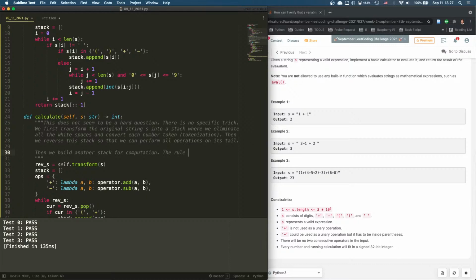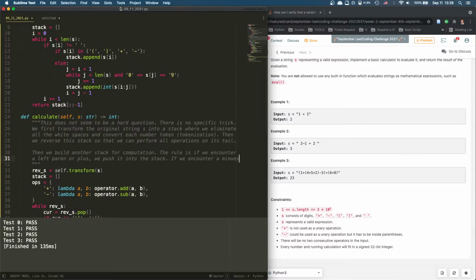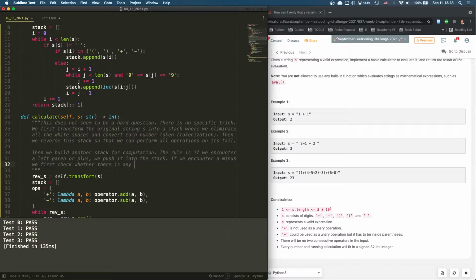The rule is if we encounter, right, a left paren or plus sign or plus, we push it into the stack. If we encounter a minus, right, minus, we first check whether there is any number in the stack, whether